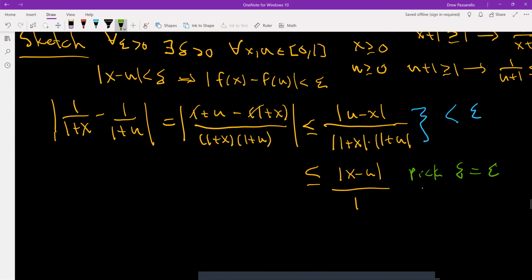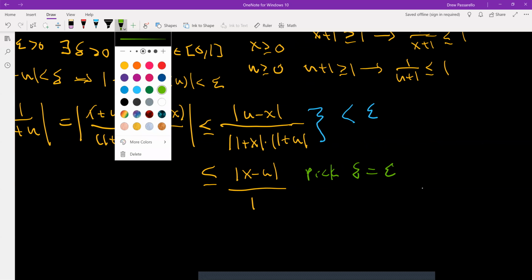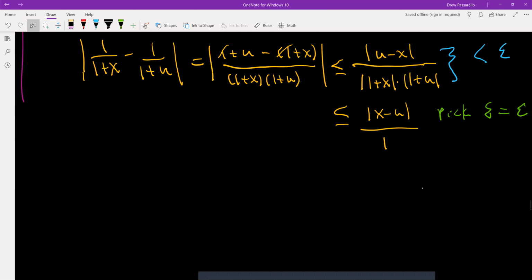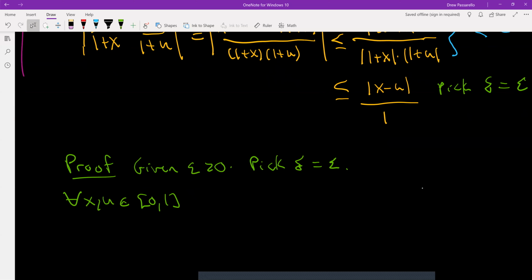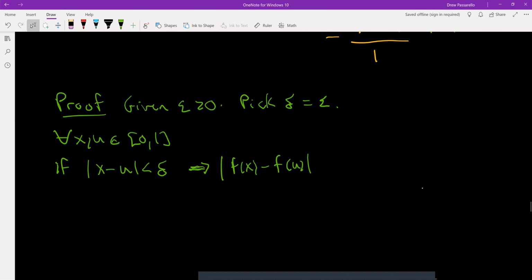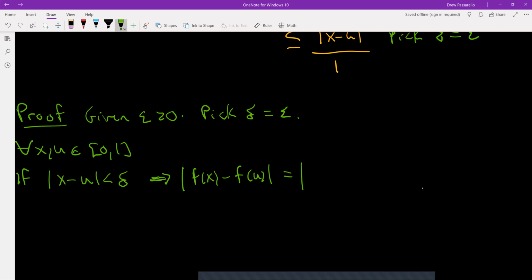All right, so hopefully that makes sense. So now the actual proof, and I'll go ahead and do it in green. Given epsilon, pick delta to be equal to epsilon. Then for all x and u in the closed interval 0 to 1, we have that if the absolute value of x minus u is less than delta, which we know is epsilon, then the absolute value of f of x minus f of u, which we said was equal to the absolute value of 1 over 1 plus x minus 1 over 1 plus u,